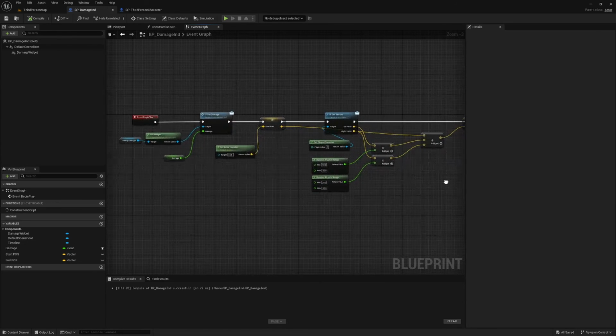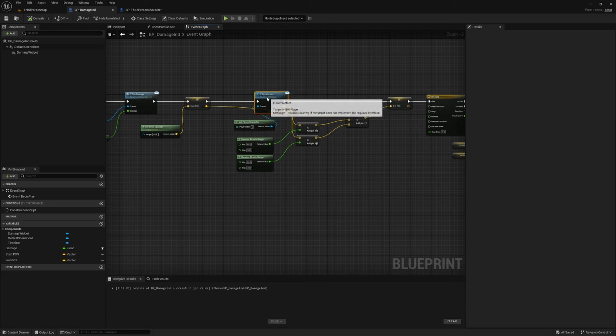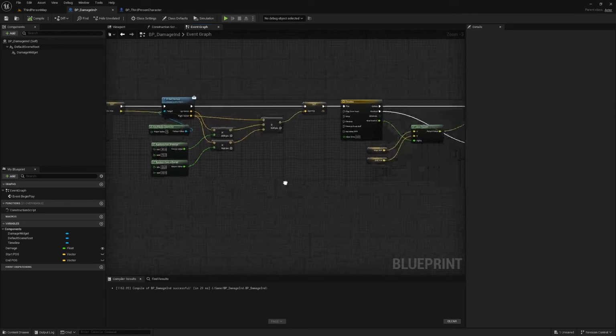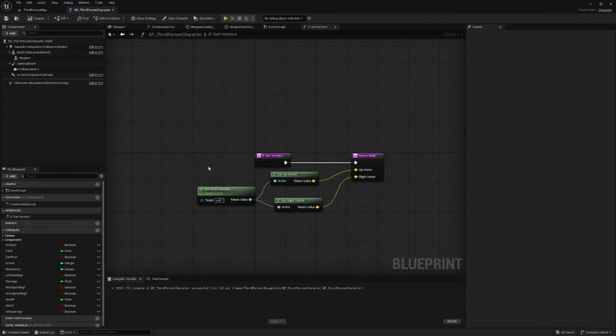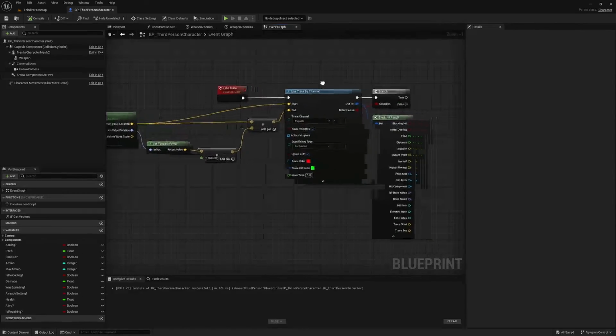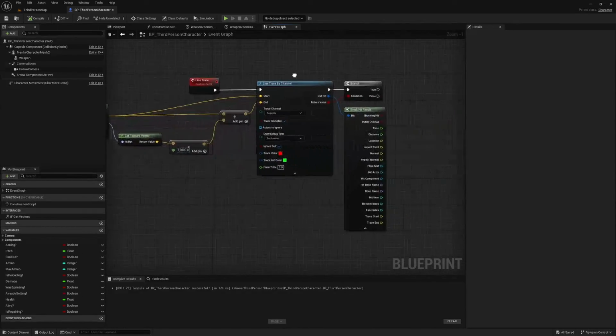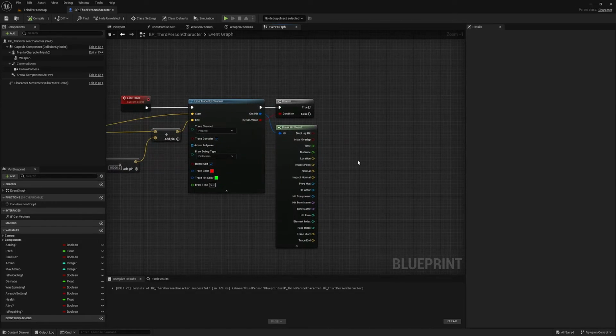So like I said, this is a little bit more advanced. We've got some randomness here, and we've got our character's up and right vectors added in so that it always goes right and up. But I'm pretty sure this should be easily enough followed along. So with that all done, let's close this and let's have a look in our player character. So here I've got my line trace logic like so. And what I want to do